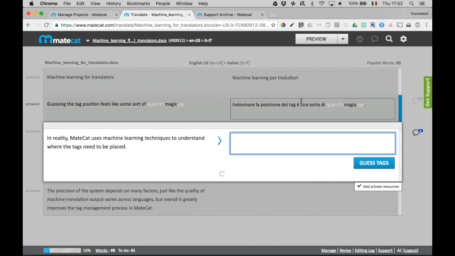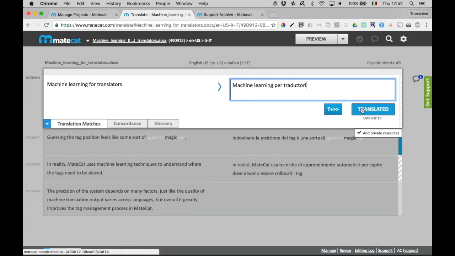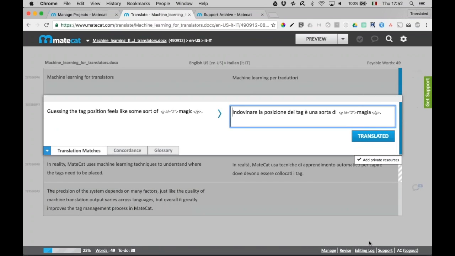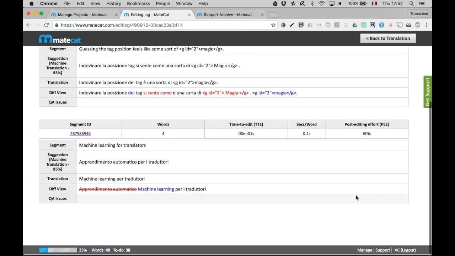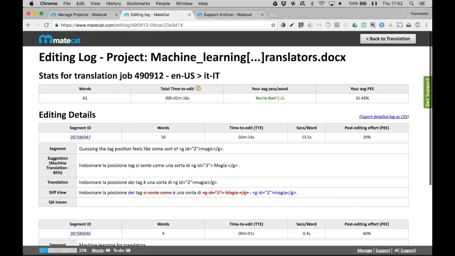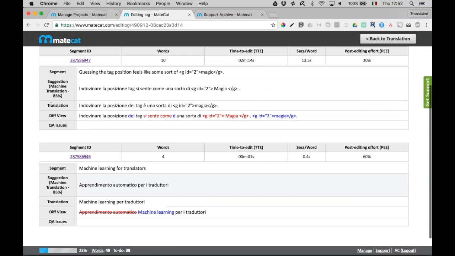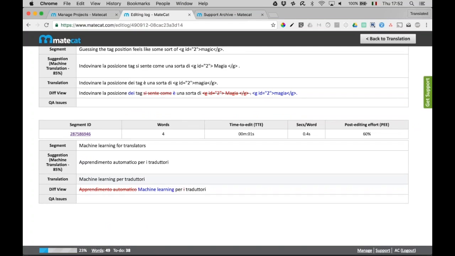So you see I translated just one sentence there. Let's translate another one. And if you look at the bottom bar here, you see this editing log link. Click on that one and it will take you to this interface where you see the average post-editing effort. Now, if no changes have been applied to a segment, this number is going to be 0.